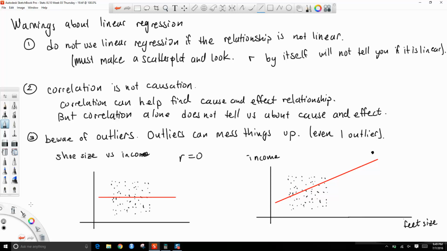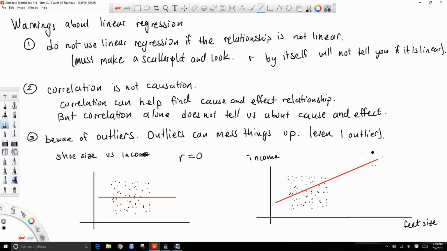Maybe, maybe not. There might be outliers on the other side that balance them out. There might not be. This is why it's important to look at your data, to create a scatter plot and look at your data to see, are these outliers going to mess things up and throw things off? So when you have an outlier like this, it might make sense to say, you know what,